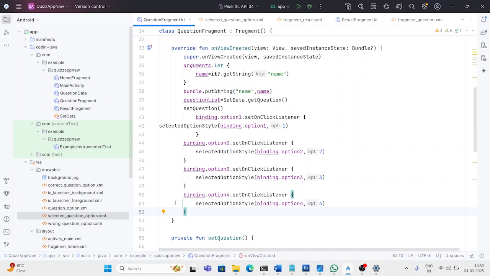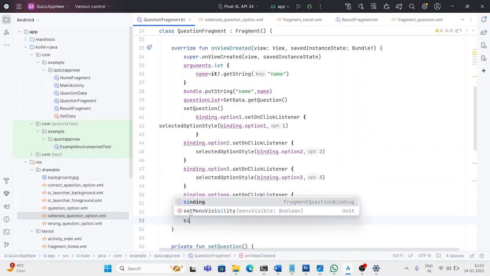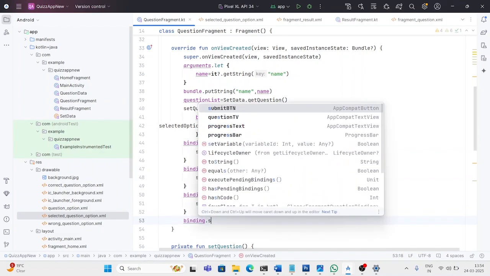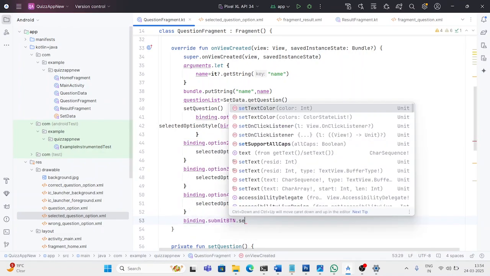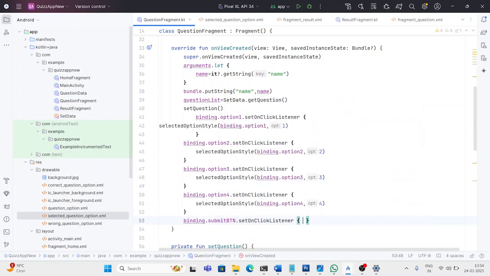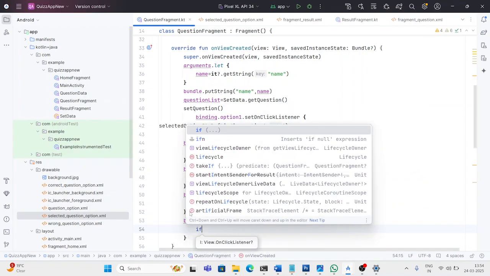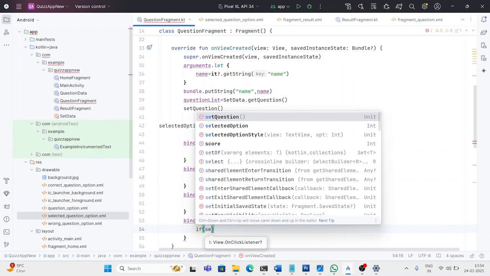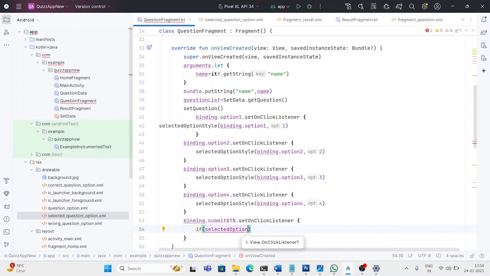Now I will pass here binding.submitButton.setOnClickListener, and here I will pass if selected option is not equal to 0,